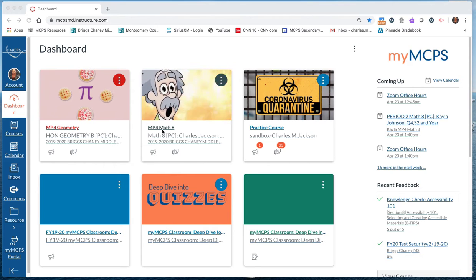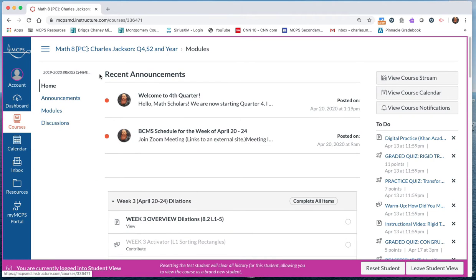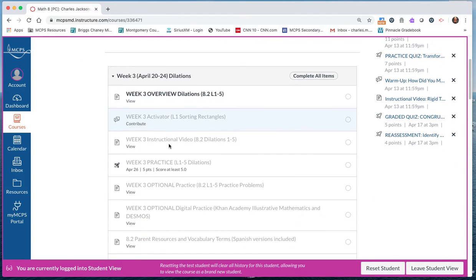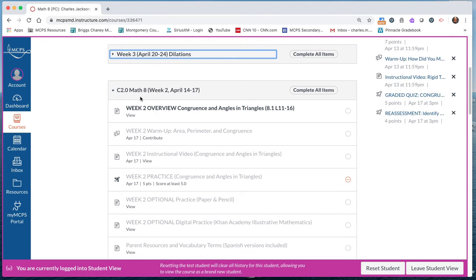Right, so I had that makeup work built into marking period 4. So you go ahead and open our class. When you get into our class, you're going to see the 2 most recent announcements at the top, followed by the most recent module for the current week. We can click on this little arrow to close that, get it out of our way, and